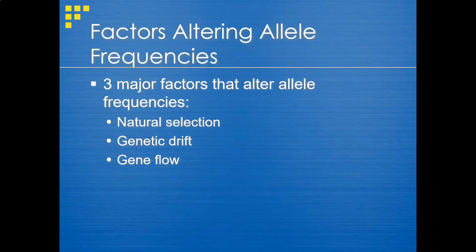We're going to continue talking about how processes going on in the environment and in nature are able to alter allele frequencies and, as a result, alter the course of evolution. Last time we talked about things like mutations and sexual recombination, just providing us the means of having variation in our population. Today we're going to talk specifically about three additional factors that can alter those allele frequencies. We'll start with natural selection. We'll talk a little bit about genetic drift as well as gene flow.